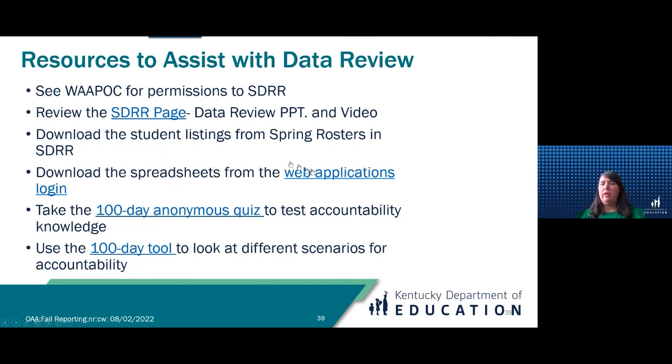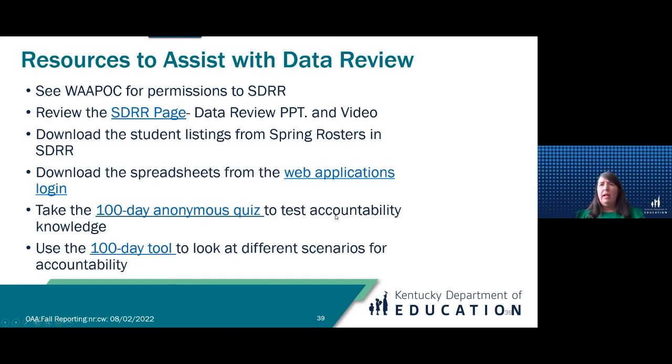Also, as a DAC, you want to download the spreadsheets from the web applications login, and I've linked it for you. I've also, if you need some help with 100-day, the anonymous quiz, remember that's anonymous. We're not going to go back and check those for you, but it tests your accountability knowledge.